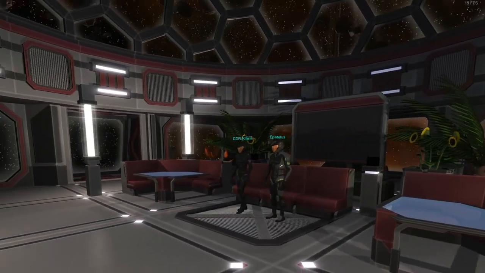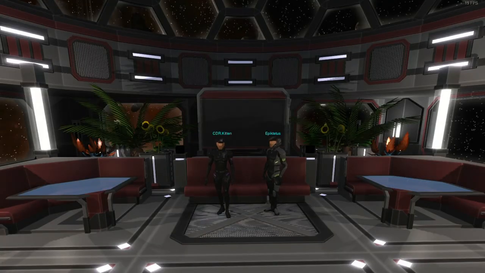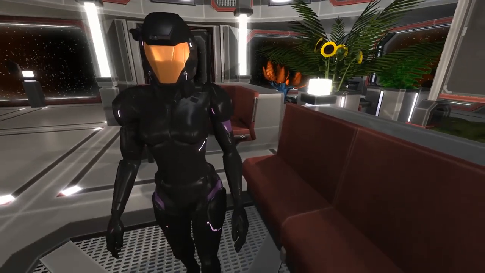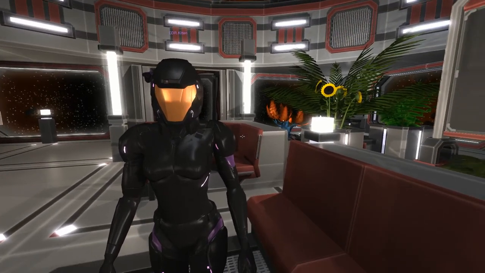I think we've got some amazing new stuff because a whole new version is on the experimental branch for Interstellar Rift. Commander Kitten is in his signature black and purple, because character customization is a thing. Yeah, and